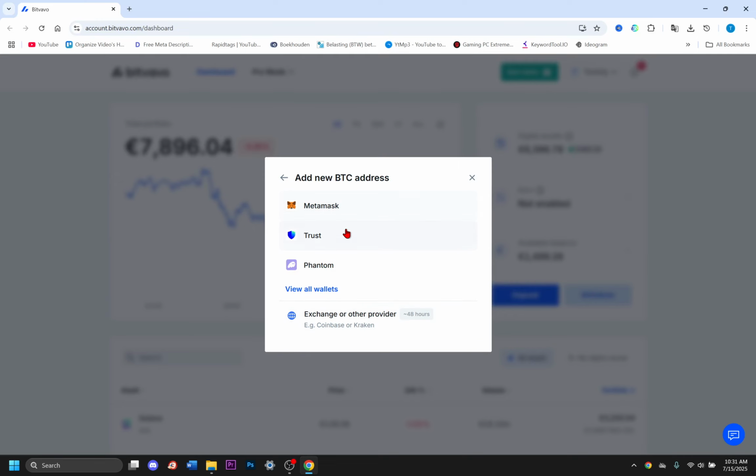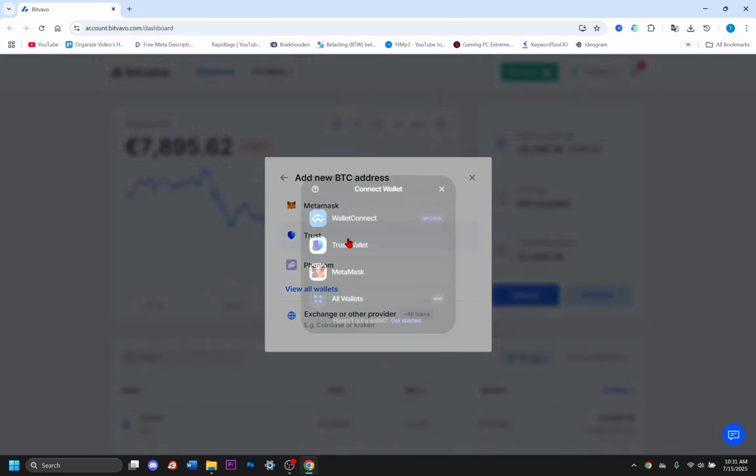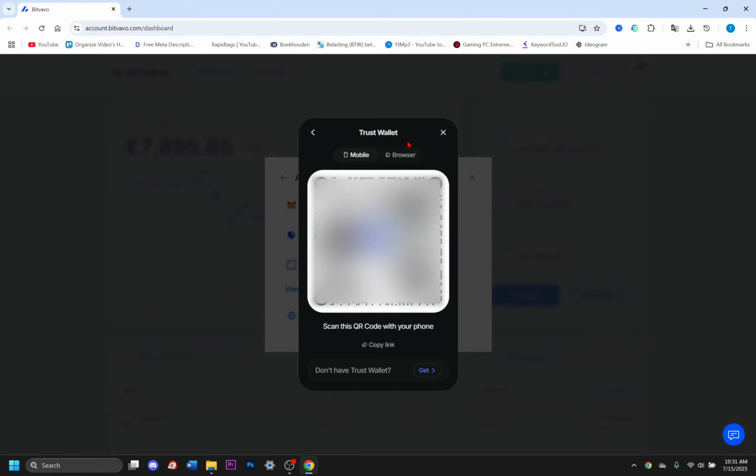Then from now select Bitcoin, and then right now select the new Bitcoin address where you want to send it to. So let's say we want to send it to Trust. Then from now click here on Trust Wallet and then right now you need to scan this icon with your